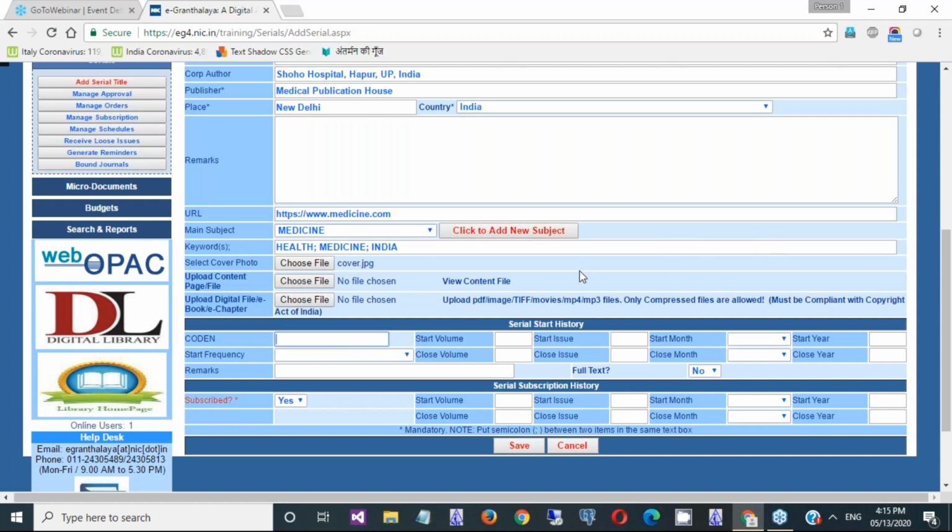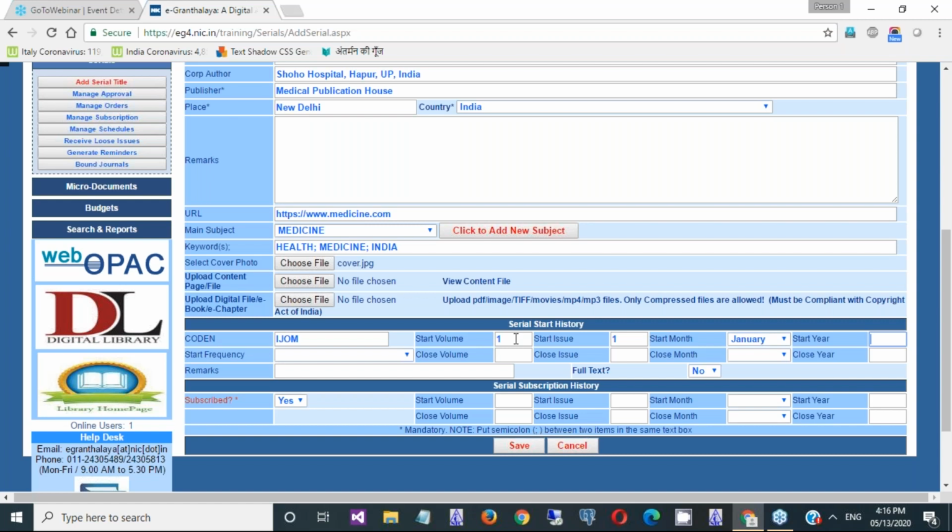Generally coden is the first letter of every word of the title. Start volume: when this particular journal was started in the world. You may not be having details of the history of this serial, so you may keep all these fields blank. Just for the purpose of showing you an example, I am giving this information.